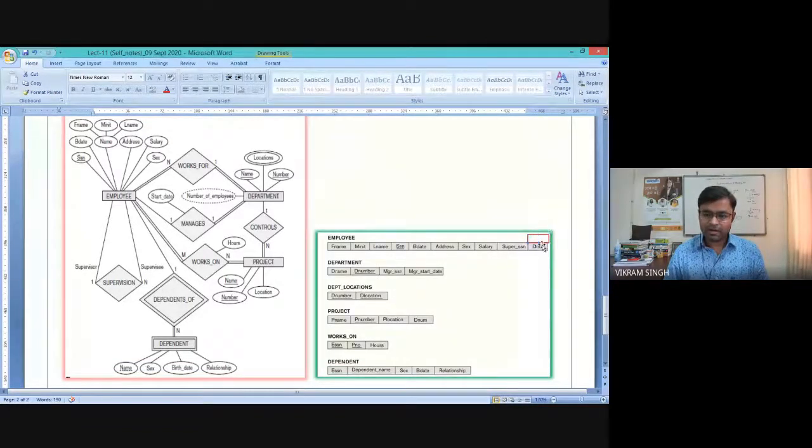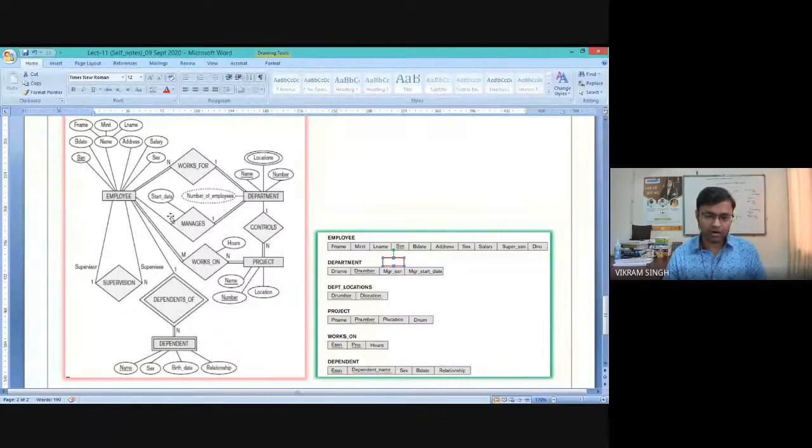Now in the department table, we have got this D number as a primary key naturally, but we have added this MGRSSN. So if you see, between employee and department, there is another relationship of nature 1:1.